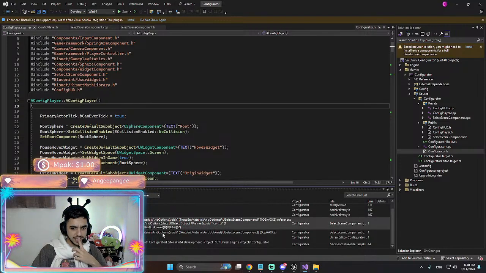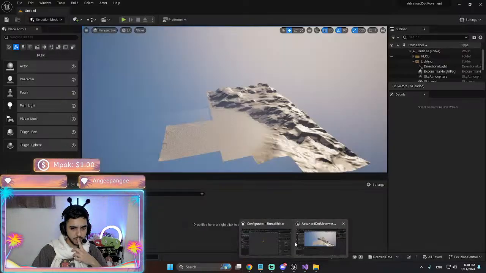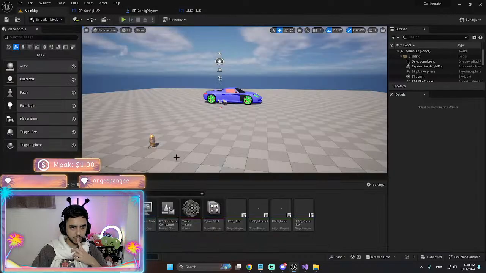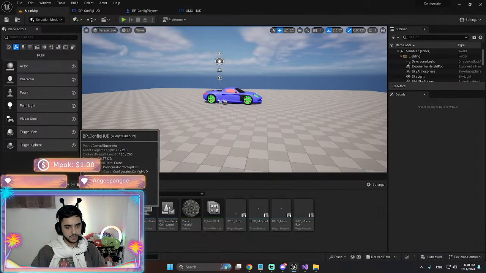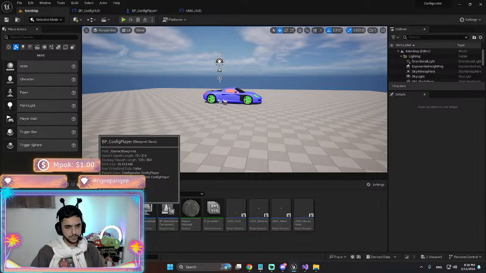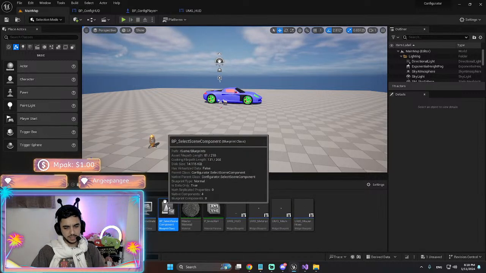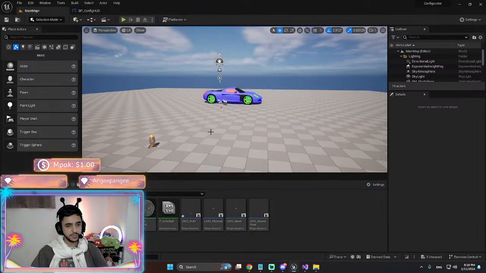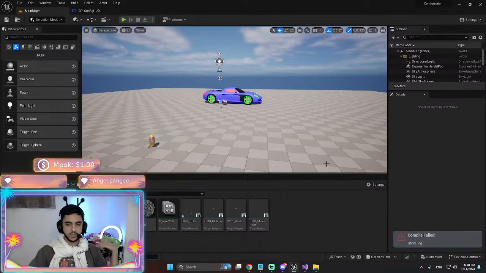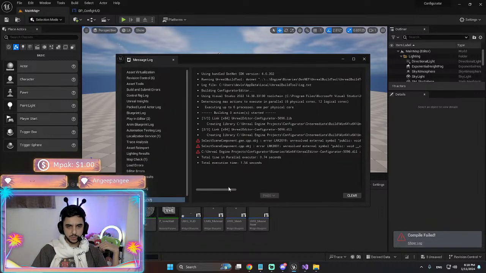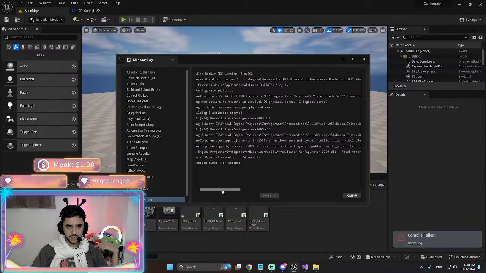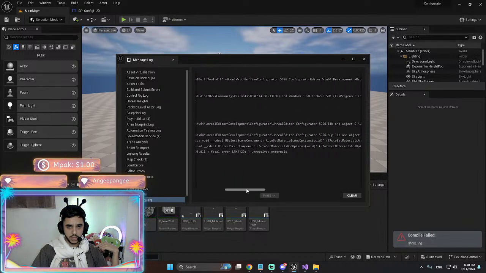It's not telling me exactly where the problem is, so I have to compile it from the project here. I'm gonna get rid of config player and select scene component, these two, and we're gonna build it here. This way it will show us the errors. I'm 100% sure. Let's see. Well, it is not.